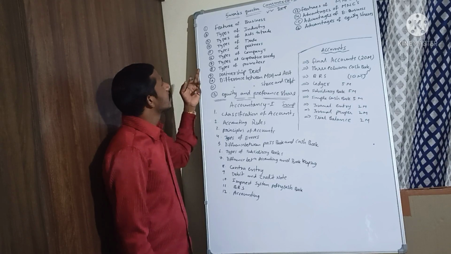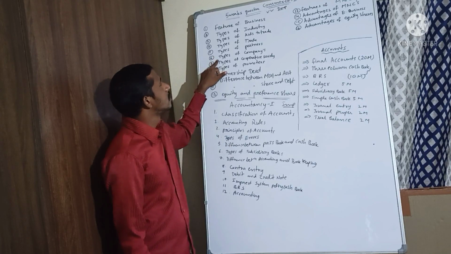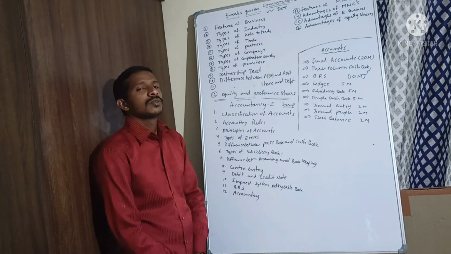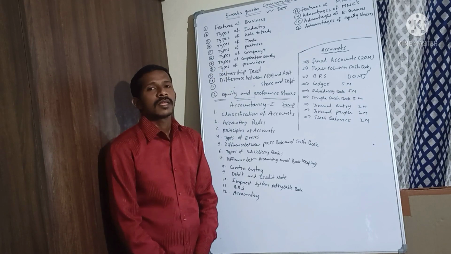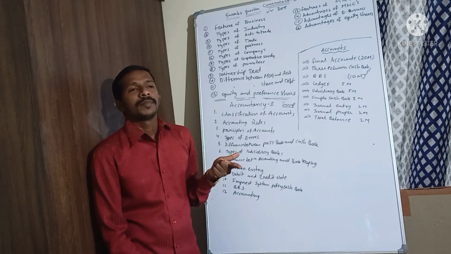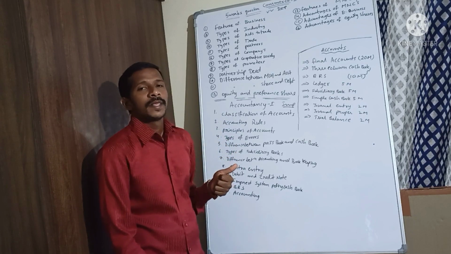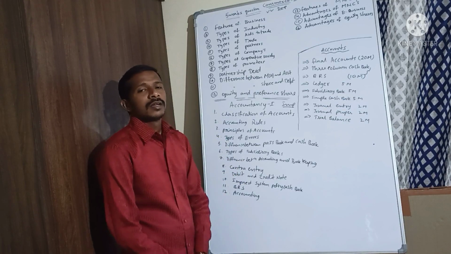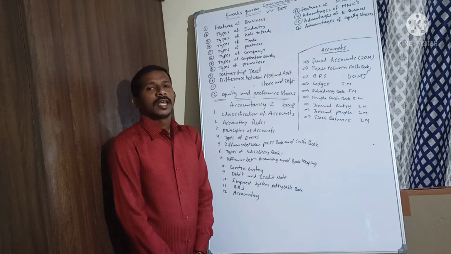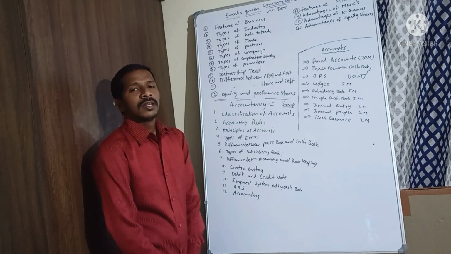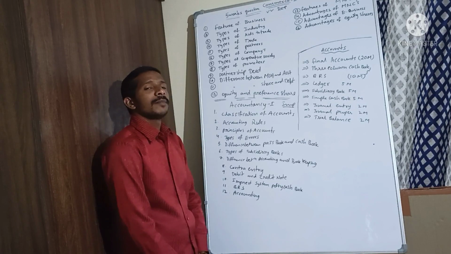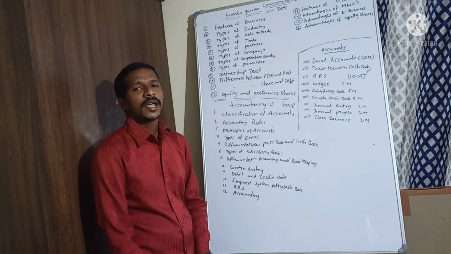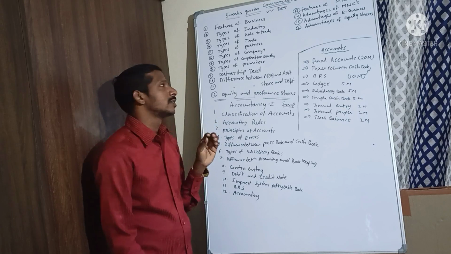Next, 6th question is types of companies. There are different types of companies: public company, private company, government company, statutory company, registered company, Indian company, national company, international company, subsidiary company, holding company. These are the different types of companies. Any 5 companies you have to explain for the 5 marks. Next,